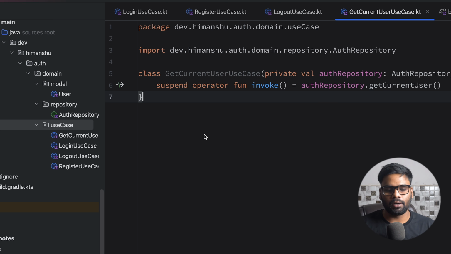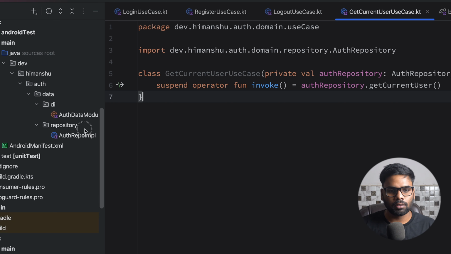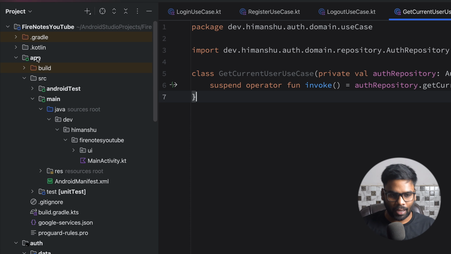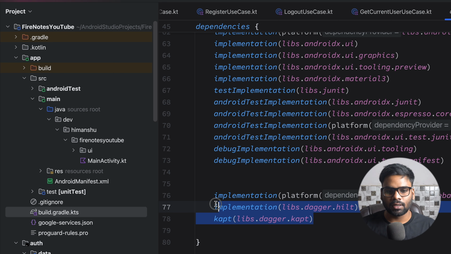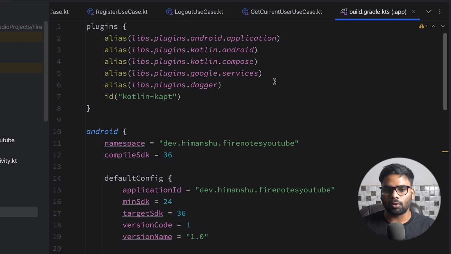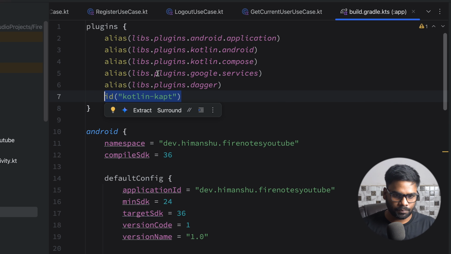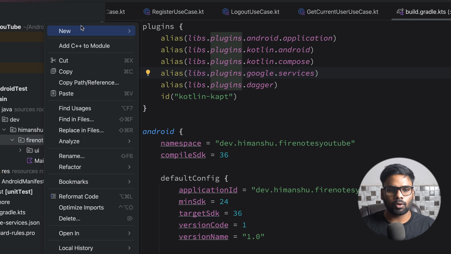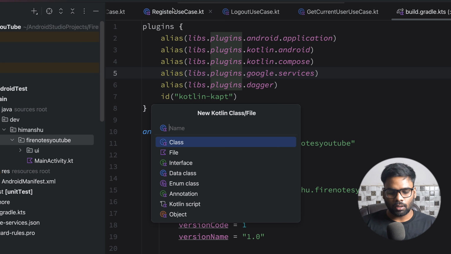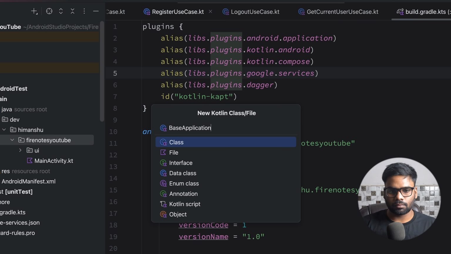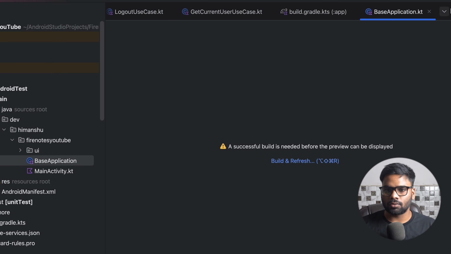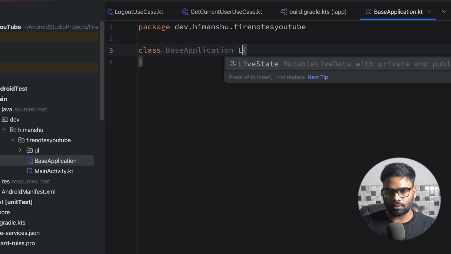Now let's set up Dagger Hilt in our project. For that, go to your Android app module, and in this build.gradle.kts, make sure you have already added all of these Dagger dependencies, and at the top the Dagger plugin with the KAPT annotation processor. Now here I'm going to create a new class, and the class name is BaseApplication. This BaseApplication extends the Application class,